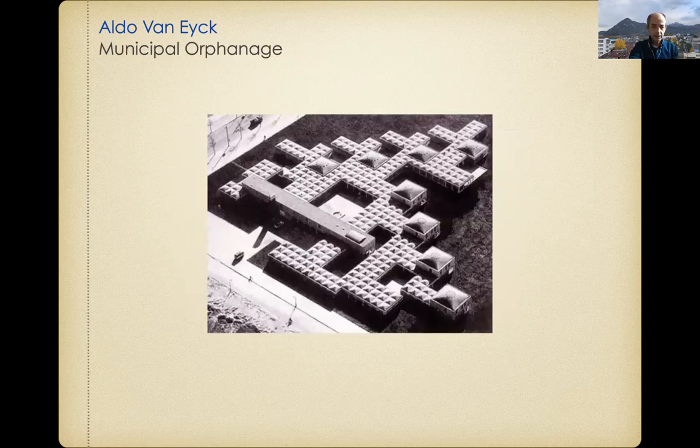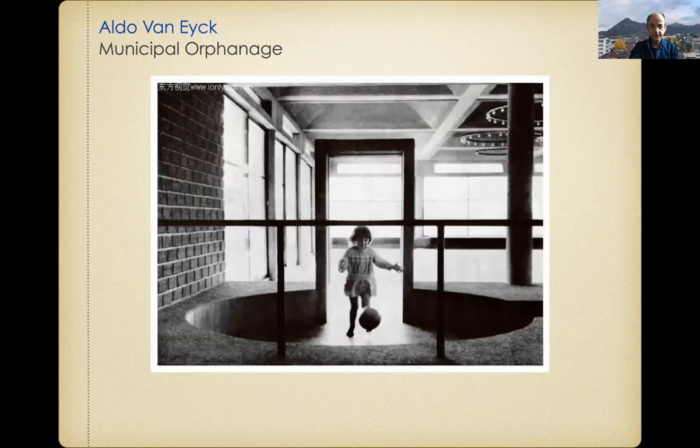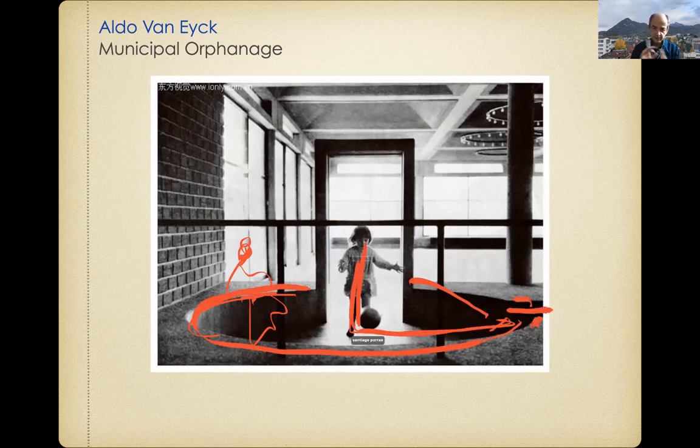The Orphanage, we know it was his masterpiece, and this is one of the few works of Aldo van Eyck which remain in all books of history. This is a famous photo, right, of children playing there. But I want to stress the fact that very often you just say, okay, this is both furniture, so you can sit, and building, but it's more than putting a bench. This is also suggesting a centrality, right, with an entrance, but with some irregularity. So this 90 degrees change is there.